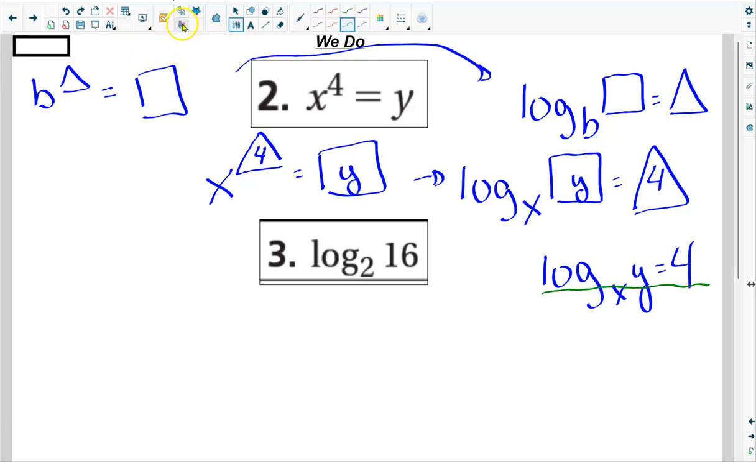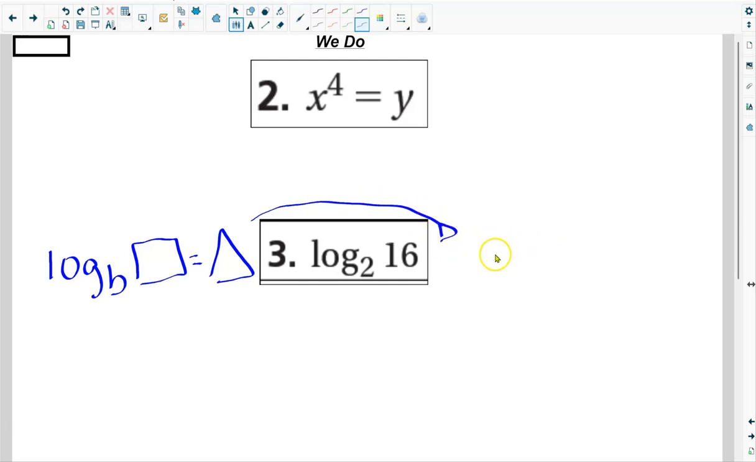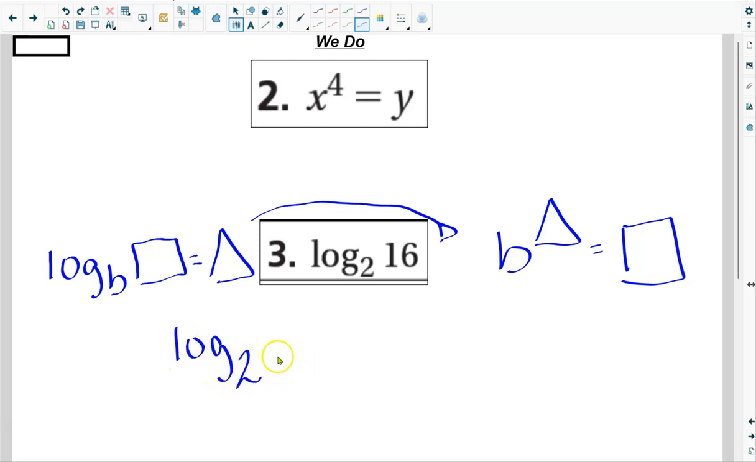All right, so now let's jump and do this one. This one is what? Log base b of the square equals the triangle. And we are going to turn it into an exponential, which is b, the exponent in the triangle, equals the square. So let's get started here. We've got log base 2 of, should be in the square, the 16,